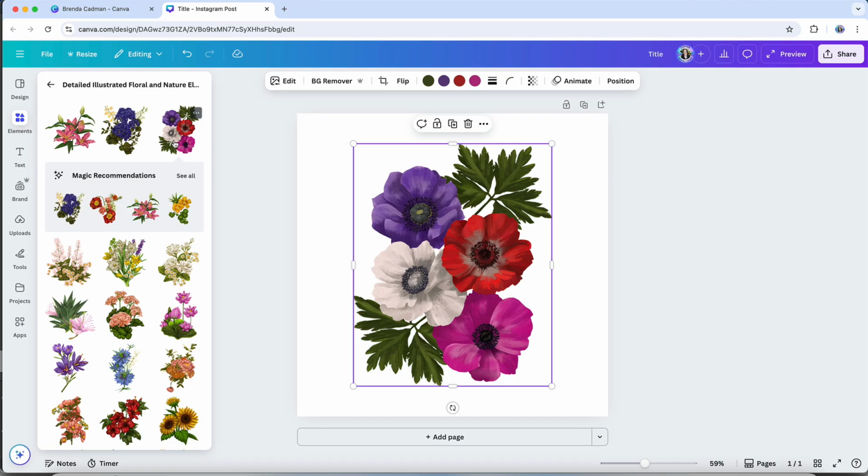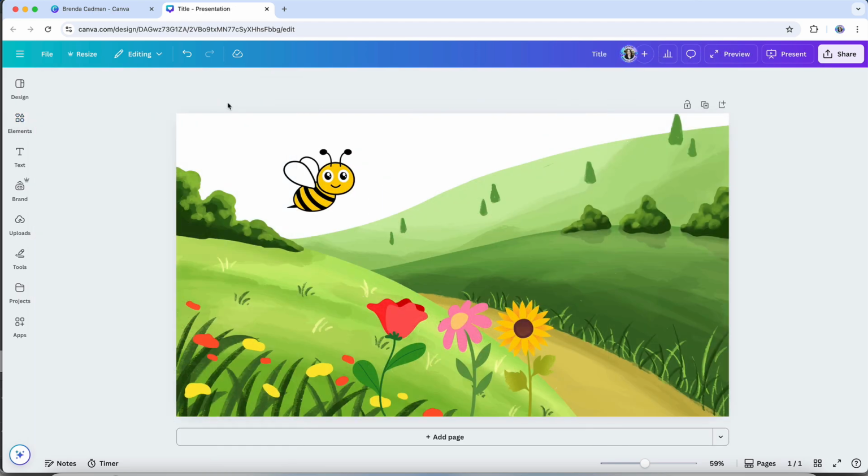Because everything in a collection is built to go together, you can mix and match different graphics from the same set and still maintain a consistent look. So that's a look at all the different types of elements you can use to build out your designs in Canva. But before we wrap up this section on design elements, there's one more feature that's worth highlighting, and that's